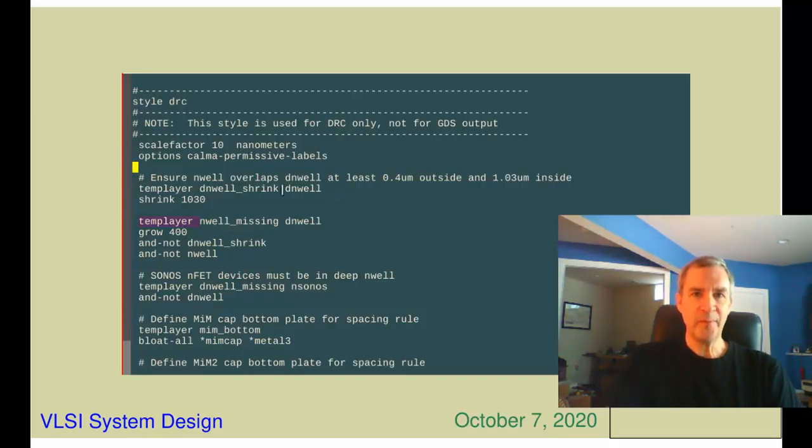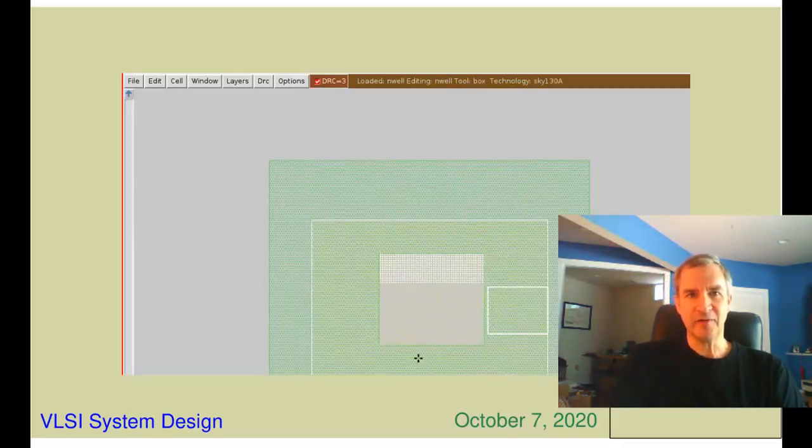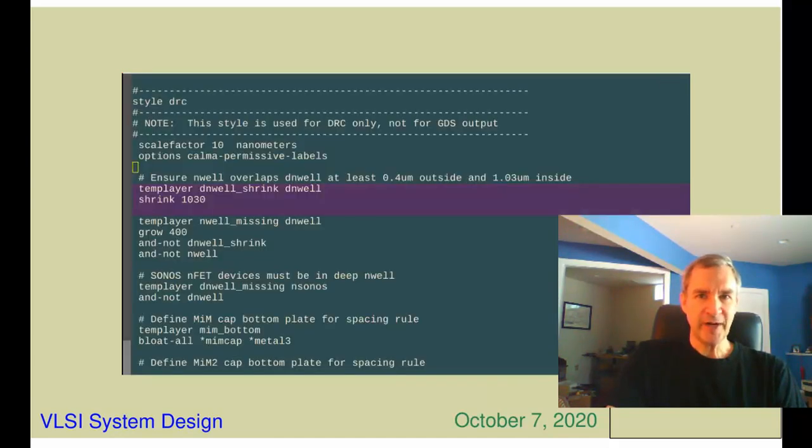So back to the rule. The NWEL_missing temp layer is relatively straightforward. First, it depends on another temp layer called DNWEL_shrink. The DNWEL_shrink definition is above it, and it takes the DNWEL layer and shrinks it by 1030, which is in nanometers, and is the required distance that the NWEL must overlap DNWEL on the inside. So what DNWEL_shrink represents is the largest open area that you can have inside the area of the drawn deep